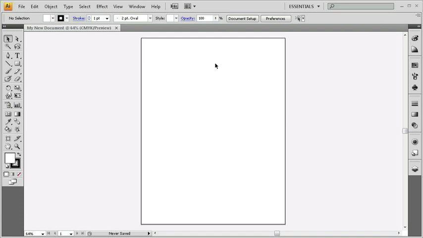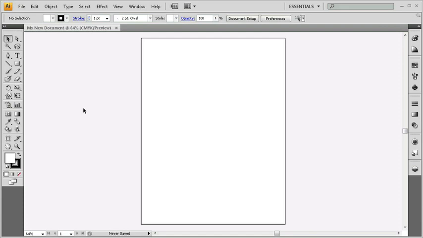Now, what I see on the screen here, this is my artboard. The artboard is the printable area that I can work inside here inside Illustrator. If I have some art or some objects that are falling off of the artboard here, then they'll get cut off when they get printed. Or I can store other objects off of the artboard, maybe like alternative versions of logos and things like that. I could store them over on the left or right sides, and they wouldn't get printed when I output the